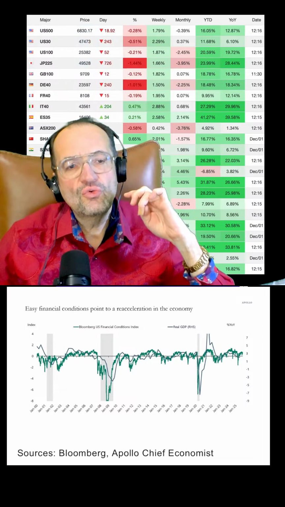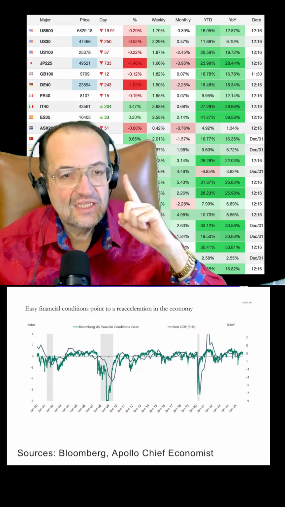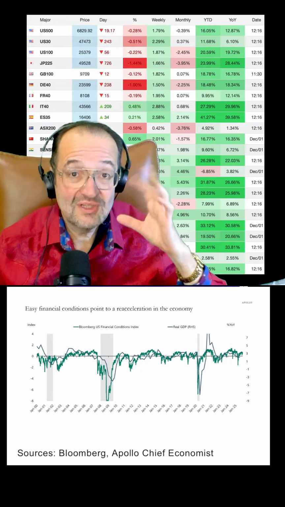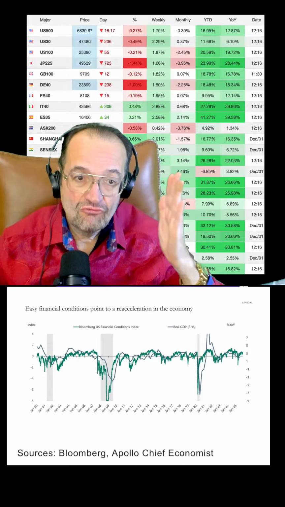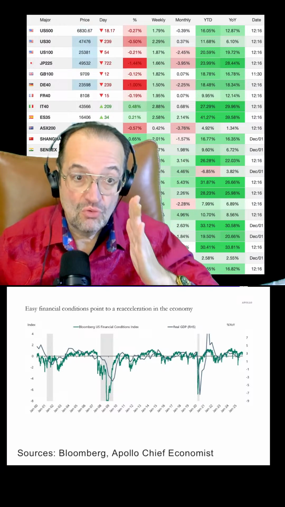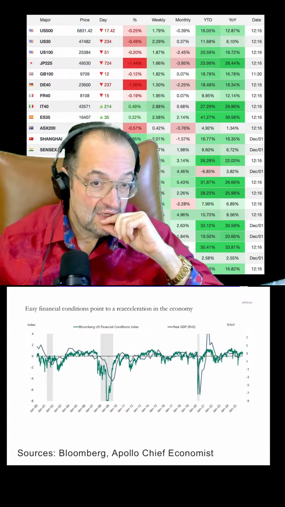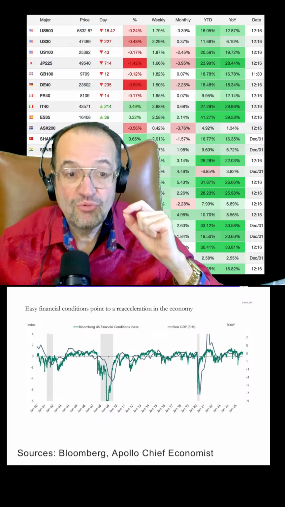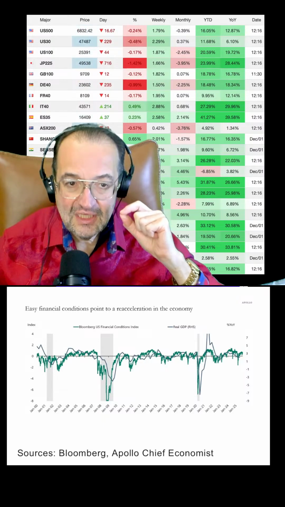We are going to look at a powerful chart that connects two of the most important indicators in the US economy: financial conditions and real economic growth. So this graphic illustrates a simple but extremely important truth. When financial conditions ease, the economy